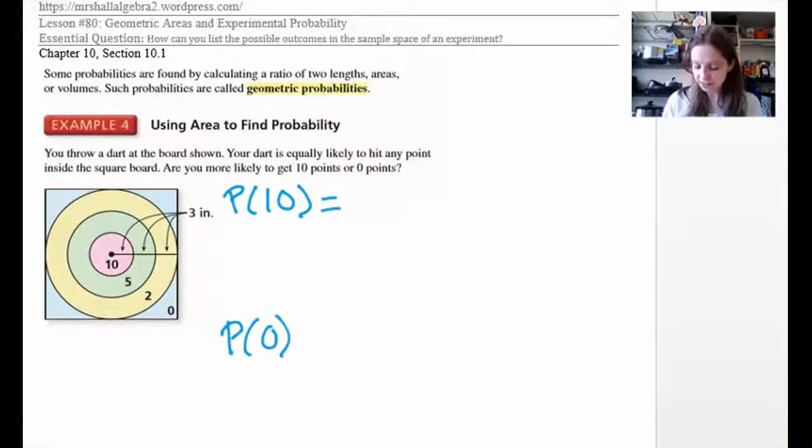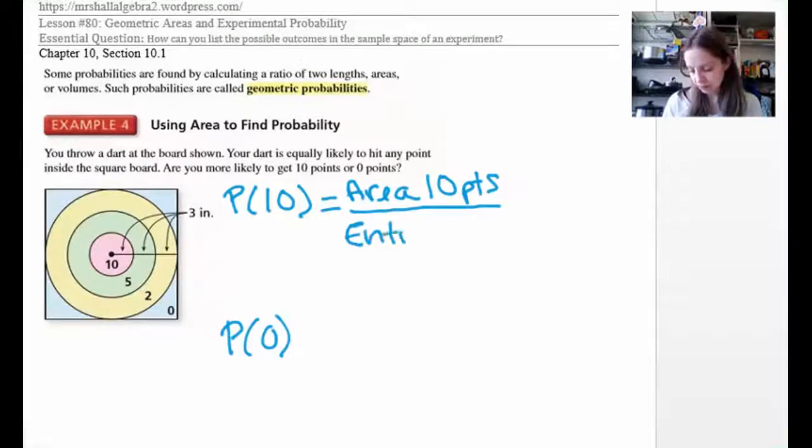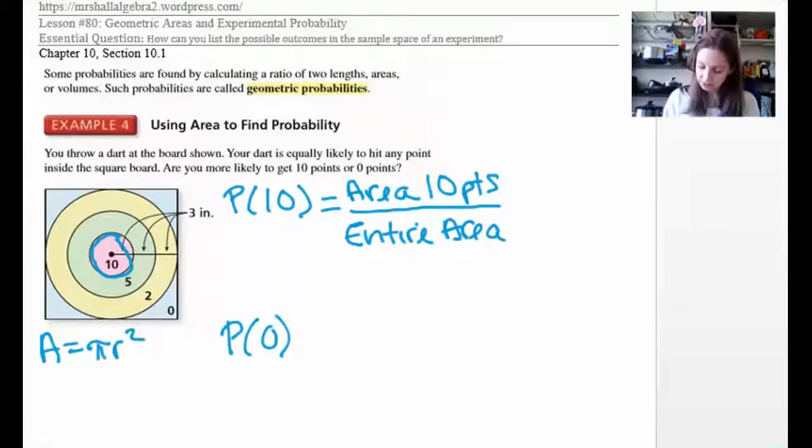So the probability of getting a 10 is the area where we could get 10 points over the entire area. The area where we could get 10 points is this inner circle with a radius of 3. And the area of a circle, if you've forgotten, is pi r squared. So the radius is 3, so this is pi 3 squared over